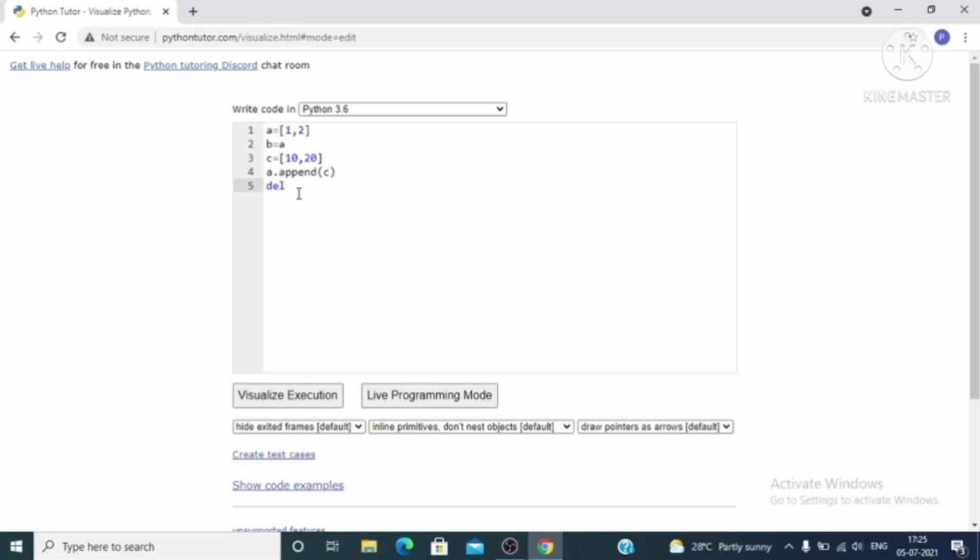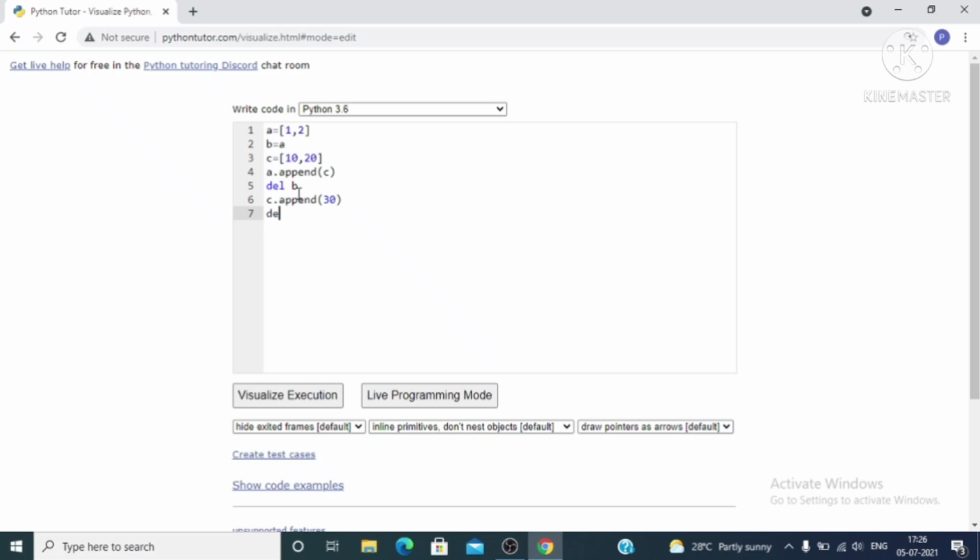Then next instruction is delete b. c dot append. First of all we will write all the lines of the code. After that we will understand what is the meaning of each line by clicking on visualize execution button.